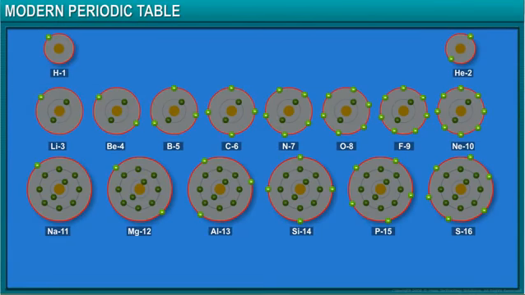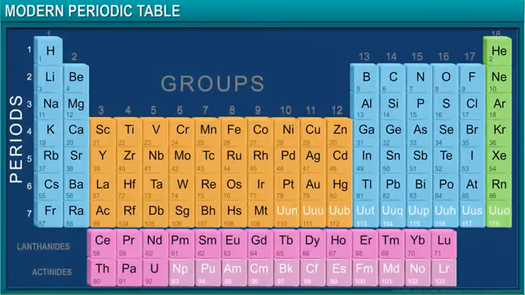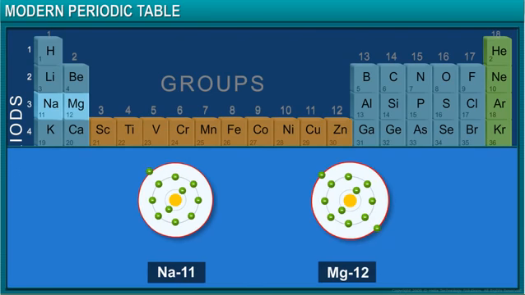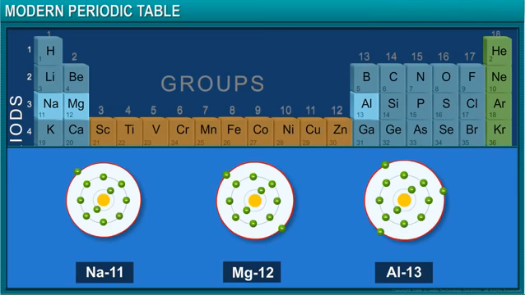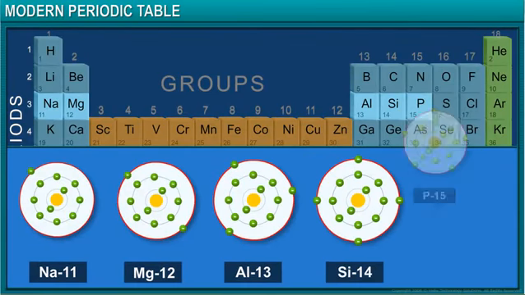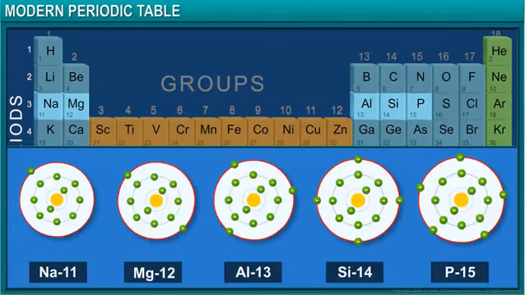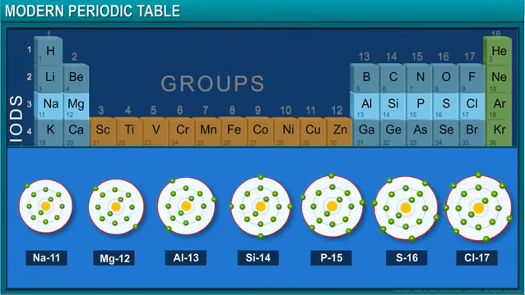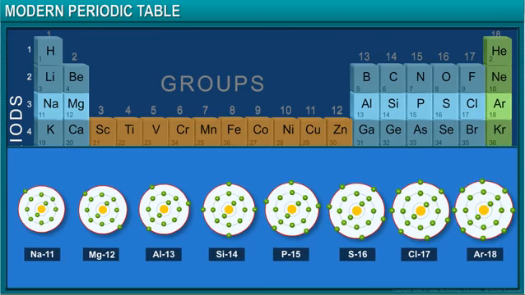The atoms of different elements with the same number of occupied shells belong to the same period. For example, sodium, magnesium, aluminium, silicon, phosphorus, sulfur, chlorine, and argon belong to the third period of the modern periodic table,